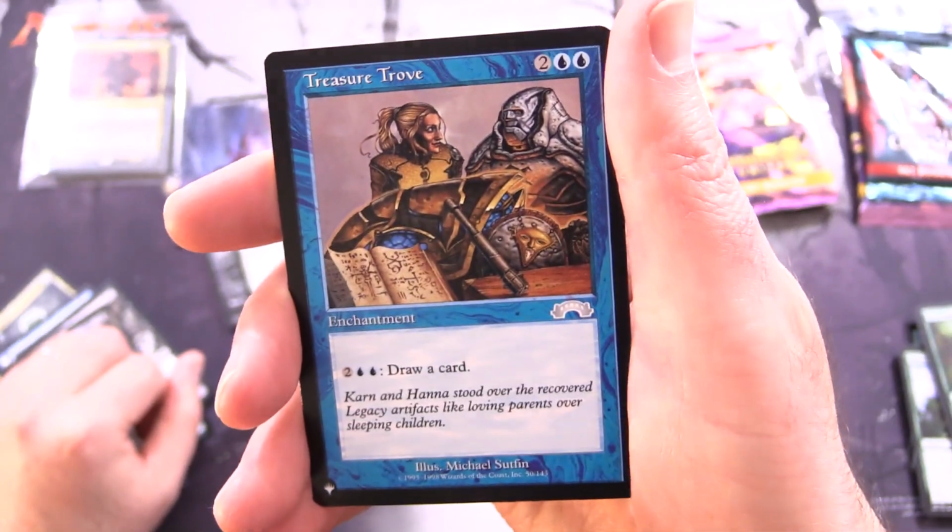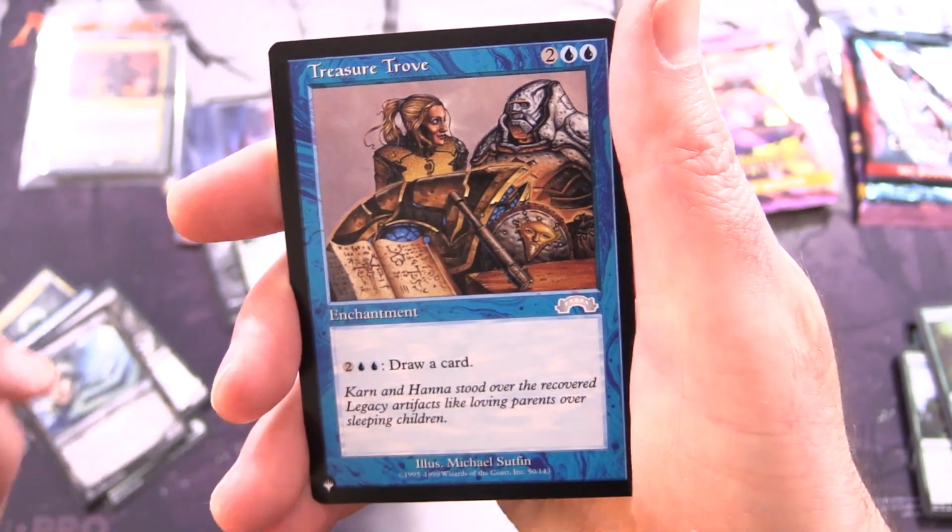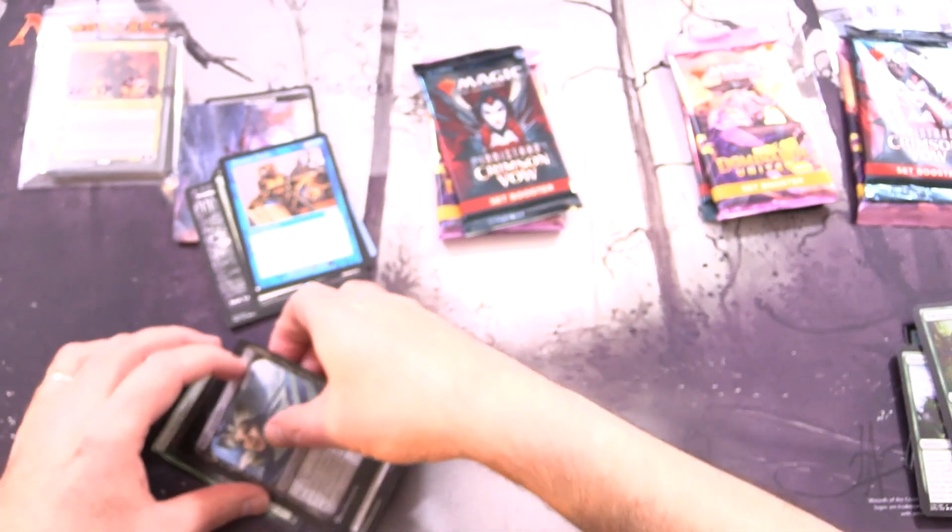From Exodus. We've got Khan, and I'm going to say... Oh, that's right there, Khan and Hannah. Okay, so that's pretty cool. If you missed it,